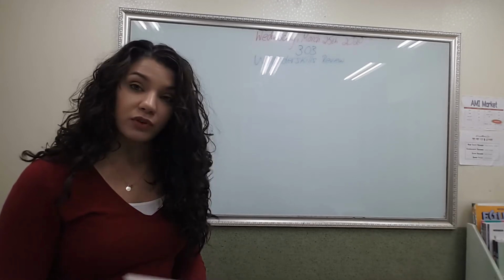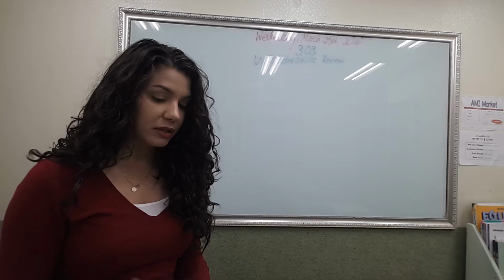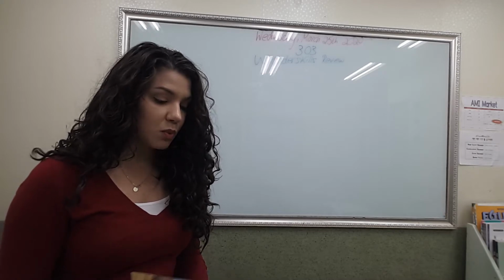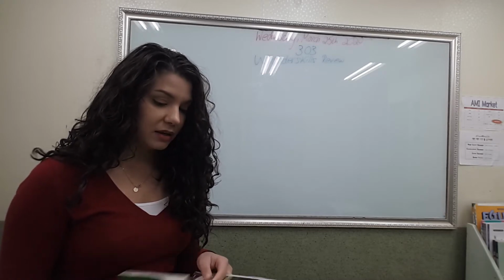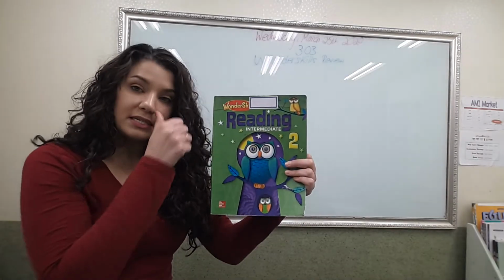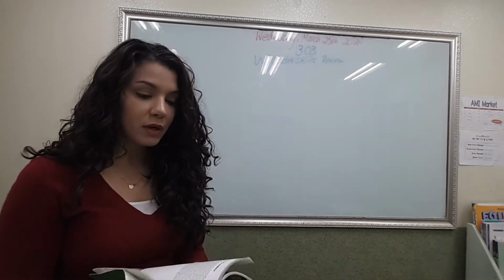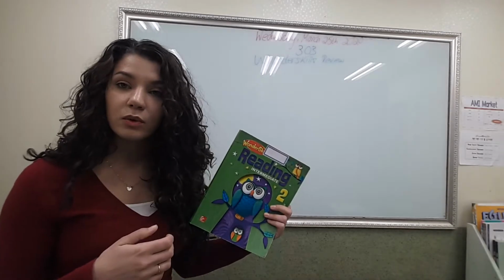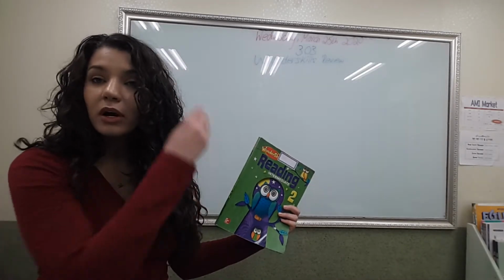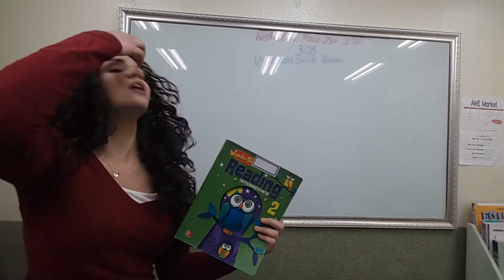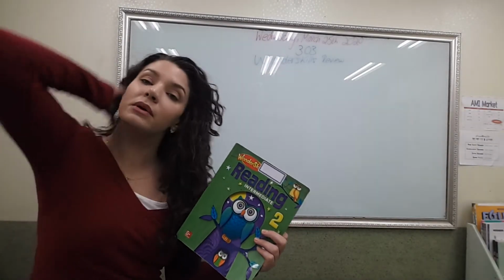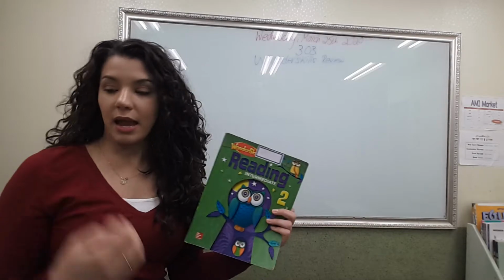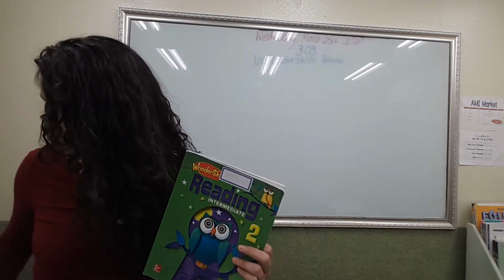Today we're going to review the rest of your Wonderskills book. We reviewed units 1 through 6 yesterday. Now we're going to review units 7 through 12. Remember, we are reviewing, so you've already read all of these stories. You've already done all of this work. We just need to remind ourselves of the vocabulary we learned and try to remember what the story was about,